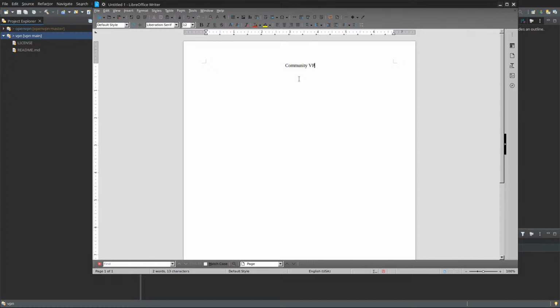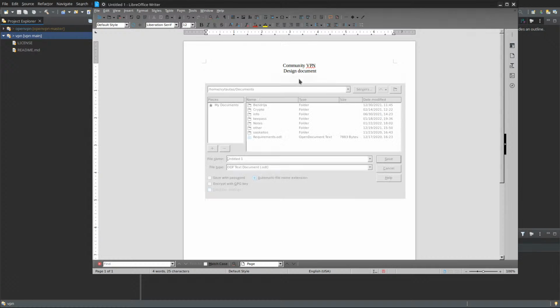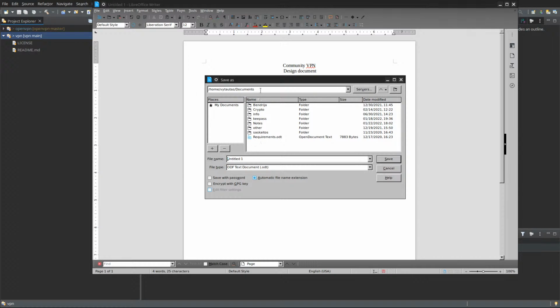Design document. And where was it? Git? Okay, /git.